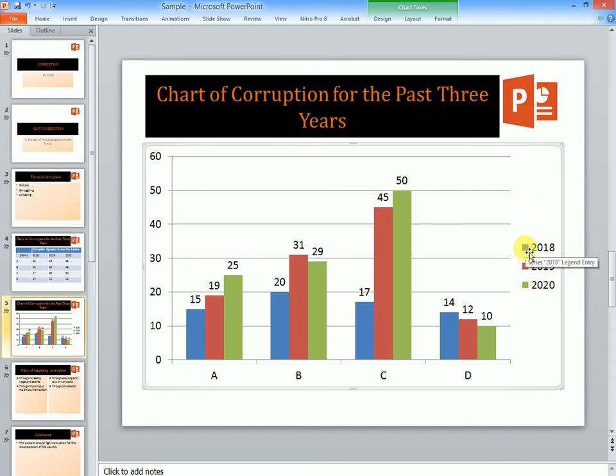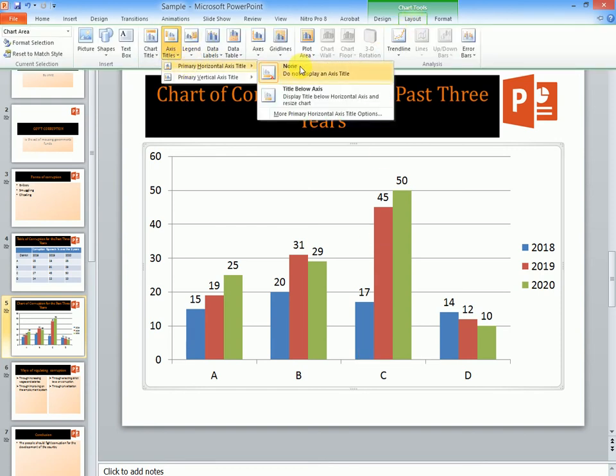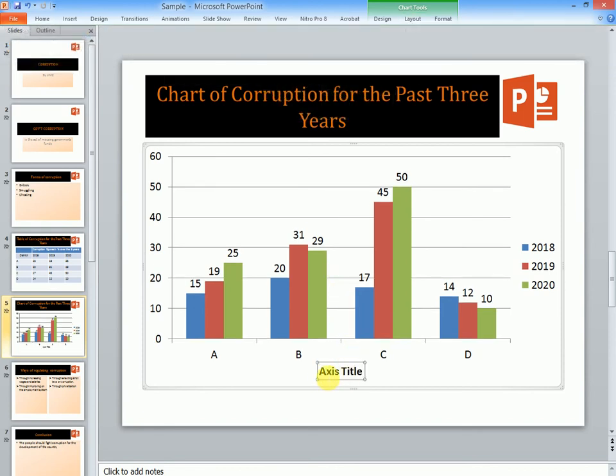Blue for 2018, is it red or dark red for 2019, and green for 2020. So that makes the chart look a bit more organized. We can also include axis titles. For example, we can now say these are our districts, and that is the